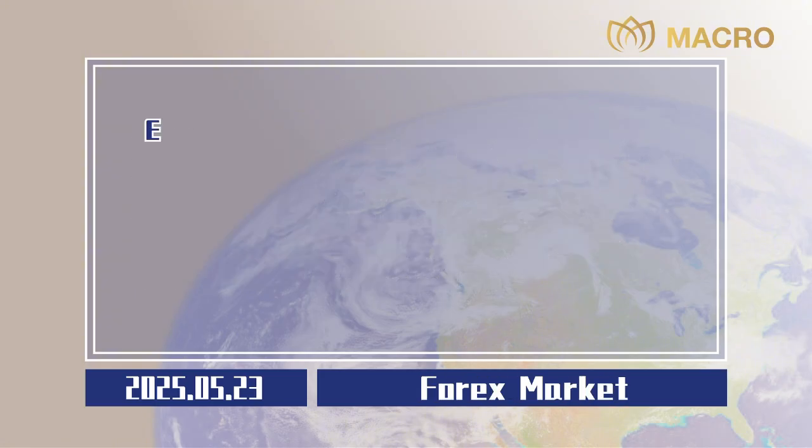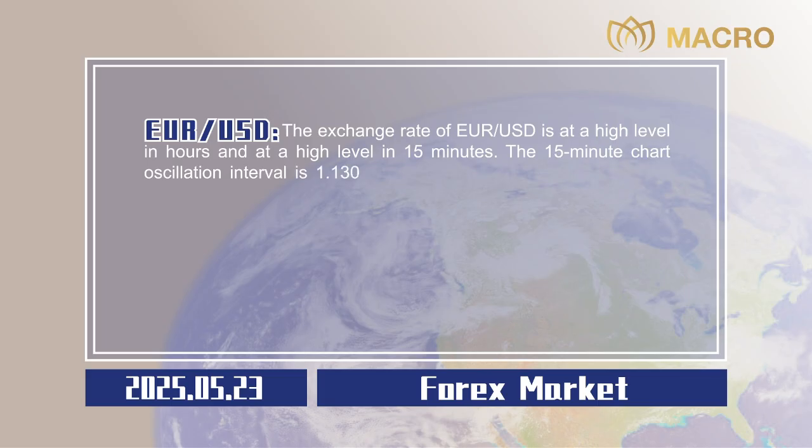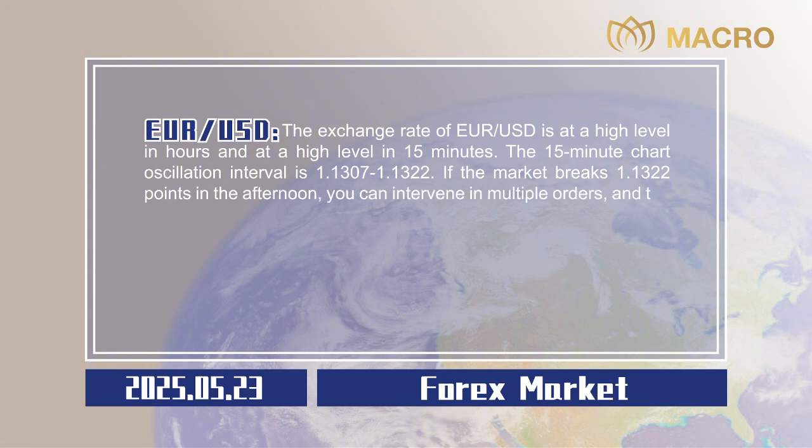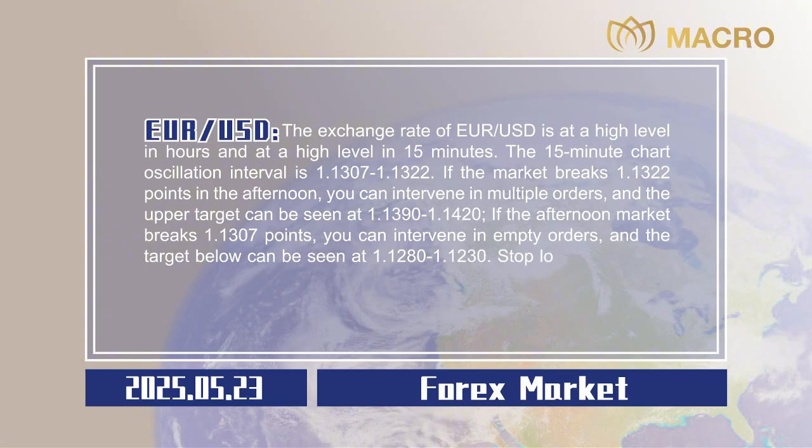Forex market. Euro to US dollar. The exchange rate of euro to US dollar is at a high level in hours and at a high level in 15 minutes. The 15-minute chart oscillation interval is 1.1307 to 1.1322. If the market breaks 1.1322 points in the afternoon, you can intervene in multiple orders, and the upper target can be seen at 1.1390 to 1.1420. If the afternoon market breaks 1.1307 points, you can intervene in empty orders, and the target below can be seen at 1.1280 to 1.1230. Stop losses are all 20 points,